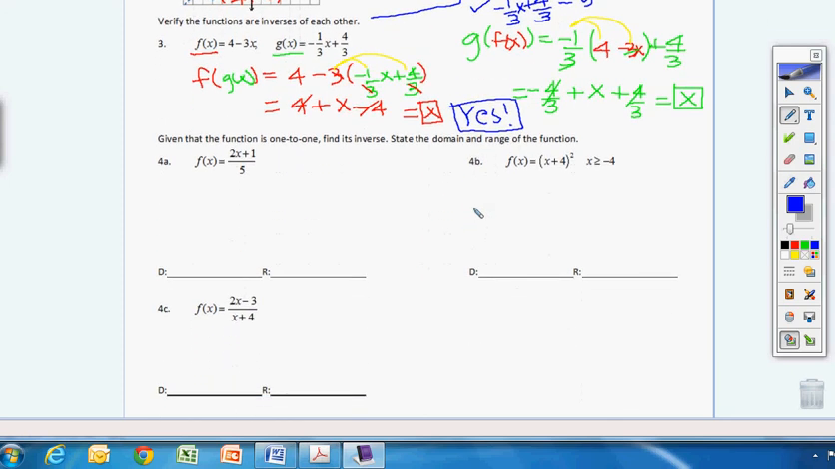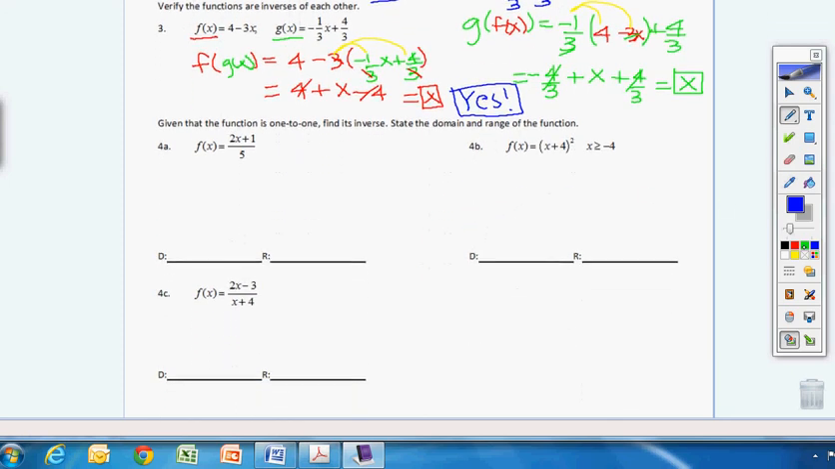All right. For 4, okay, here you need to find the inverses of each other. So you know what? I'm actually going to make a new video for 4 and then for the other pages. So I'll stop this one and I will